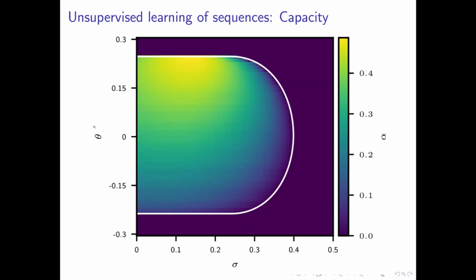But interestingly, it depends strongly on the shape of the transfer function, both the threshold and sigma, which is the slope parameter. Interestingly, it peaks here when theta is relatively high. So that means that the activity of the network has to be relatively low. And also, it's not maximized for a step function, but rather there is an optimal slope of the transfer function that maximizes capacity, which is this region here.